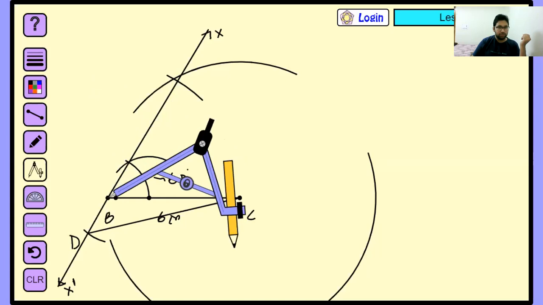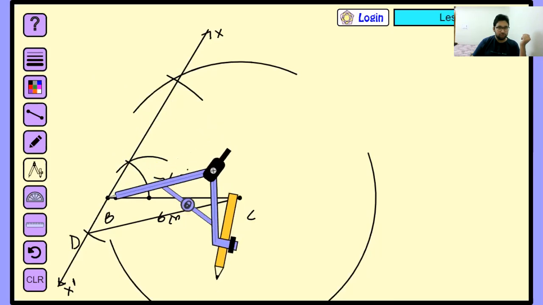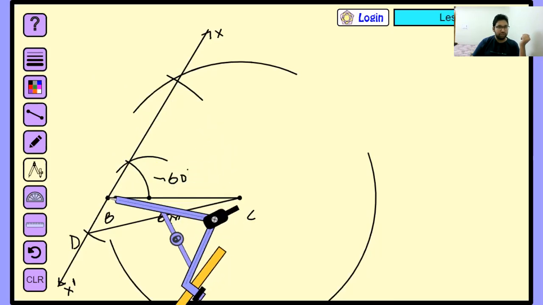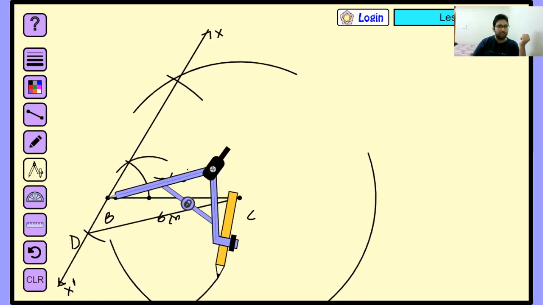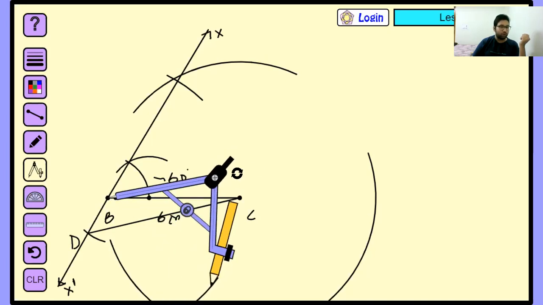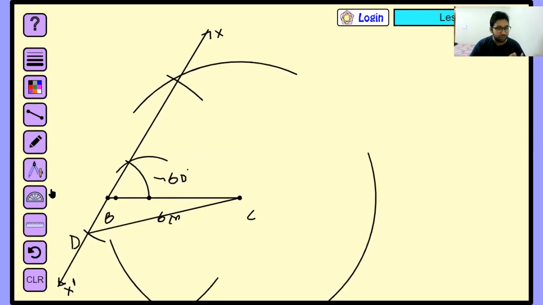So again we have made a mistake. Sorry, we have not, I have made a mistake. So again my point is coming in the dark valley, and in the dark valley we cannot see the point. So you took R from B only. Okay, it's okay. Now this point is wrong. I can't erase it here. This point is nothing. Let me show you, this is the point B. This is wrong. This is nothing.